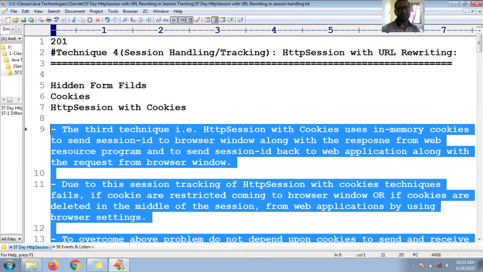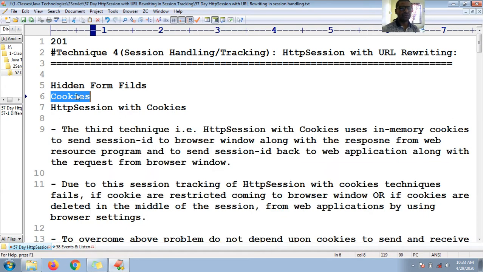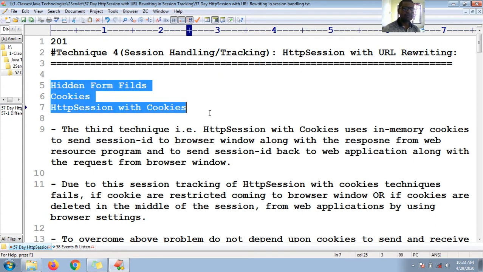So let's recap this point. Even though we have the other three techniques like hidden form fields, cookies, and HTTP session with cookies, why are we learning HTTP session with URL rewriting? Because these three techniques have some limitations, and because of those disadvantages, our session tracking or session handling may fail.